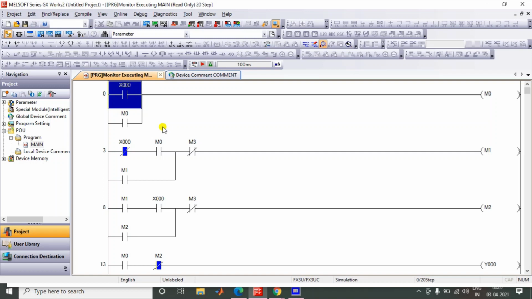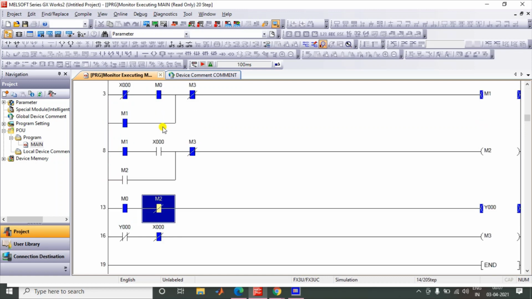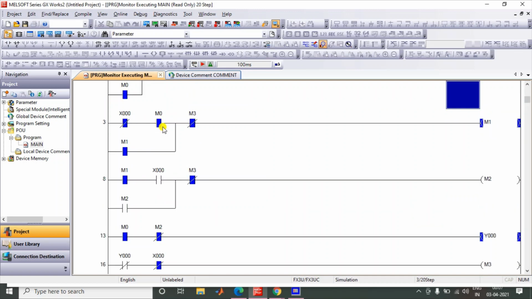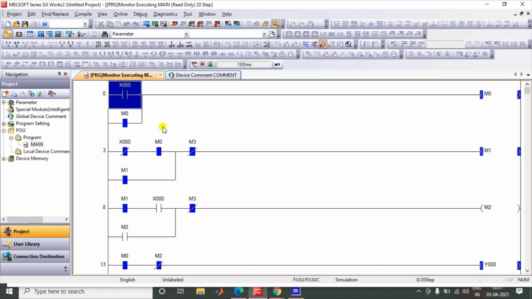For the first time when I press it and release, you can see my lamp is still on, and when I'm pressing again, my lamp is off. You can see, and when I release it, my lamp is again on.